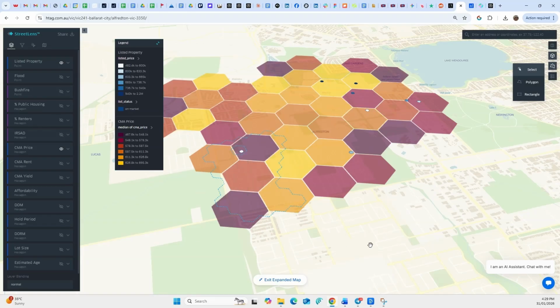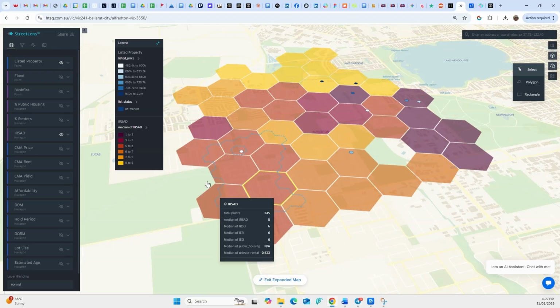Now, the street lens is a very robust feature. It has a lot of metrics and filters that you can use to layer information. Today, we will use only a couple, specifically to tailor to the theme of this presentation, which is how to use heat maps to spot unrealized investment value. Now, what you've realized is that I've drawn some things on the map here, and I'll get to how this has happened. What I usually do is when I visit a suburb page like this, I enable the